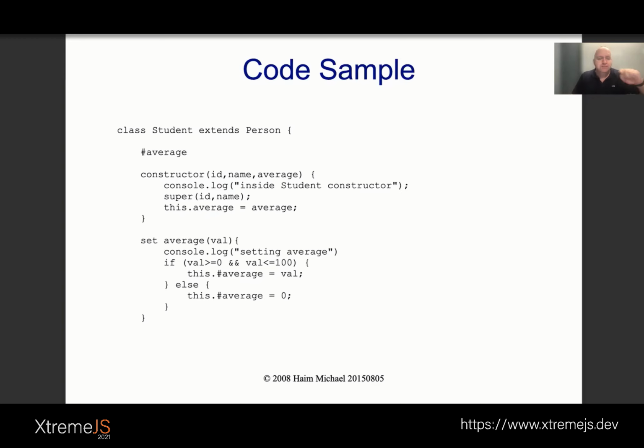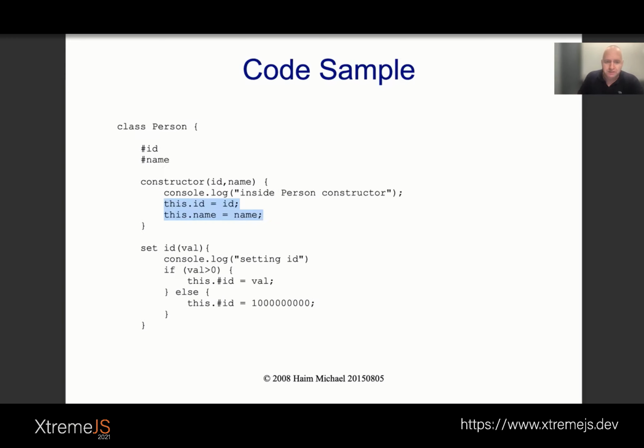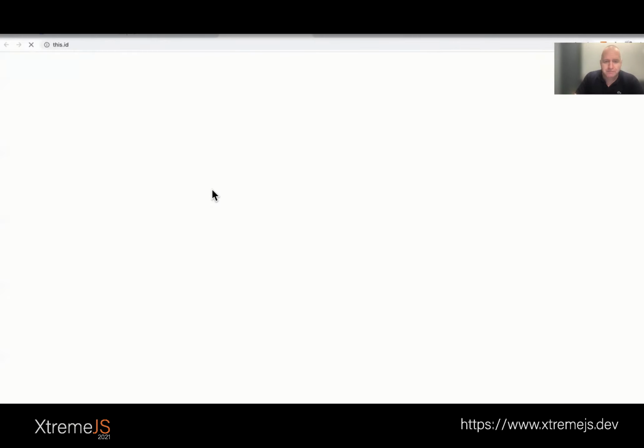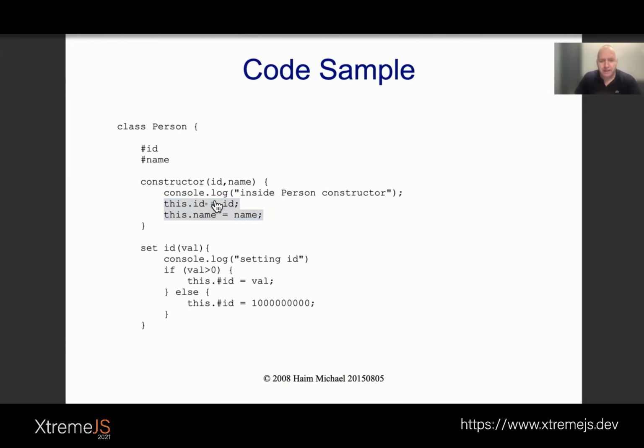Because in the long run, if someone decides to change the code of the person class and maybe introduce a few more log messages, or maybe introduce something else that should happen when a new person object is created,